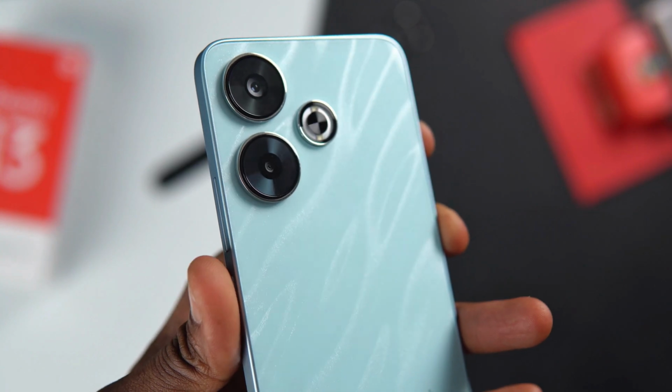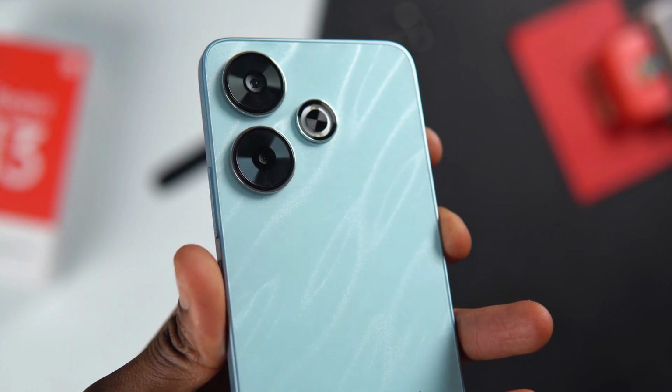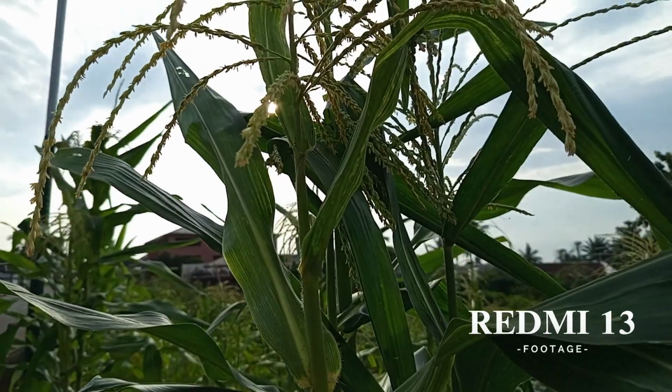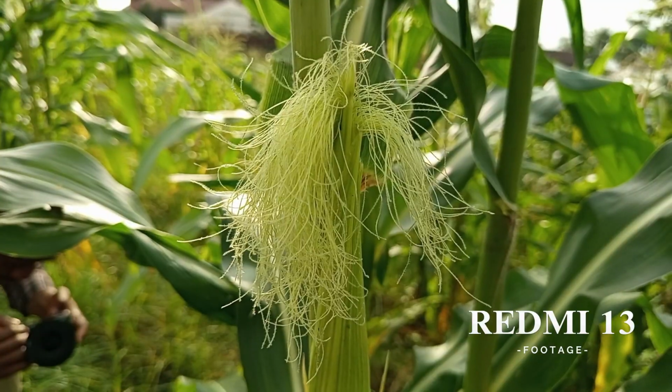The main camera on the Redmi 13 is 108 megapixels compared to the 50 megapixels on the Redmi 12, and both shoot videos at 1080p 30 frames per second. On the Redmi 12, the picture and video quality are terrible, and the video is outright unusable in my opinion. So, is there a major difference with the Redmi 13? Well, the camera on the Redmi 13 is quite usable for